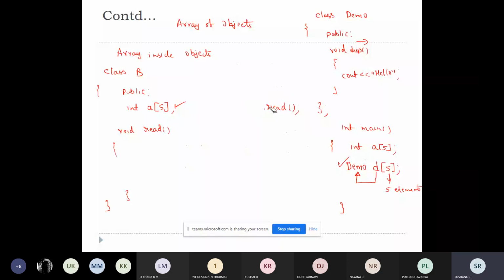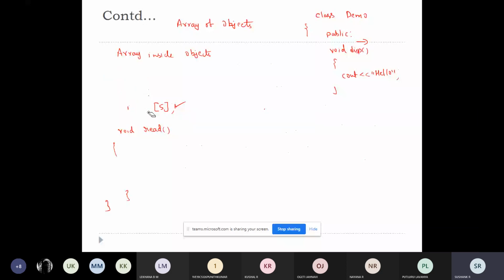The retrieval, storing and accessing operations are all the same, so it will not change much. Just remember, you can use arrays as an array of objects, or you can use the array inside the class also. That is how this is used in C++.